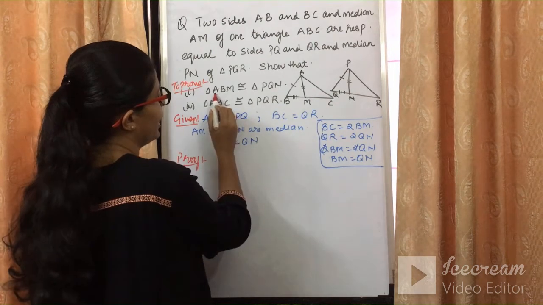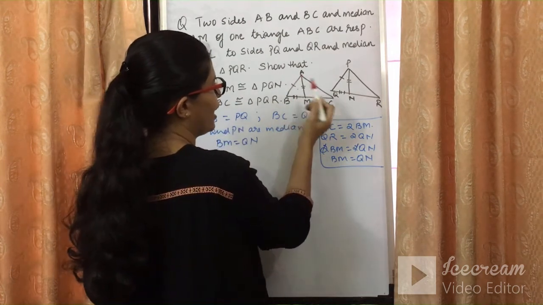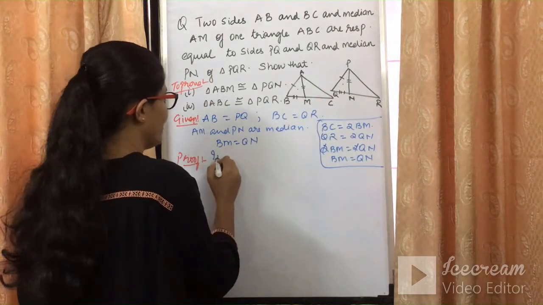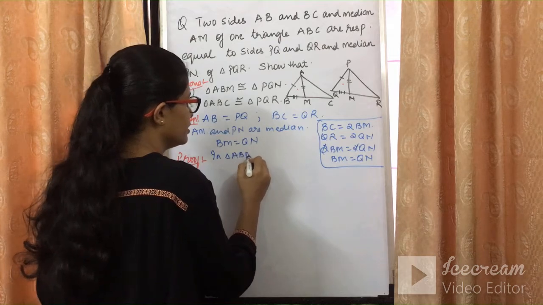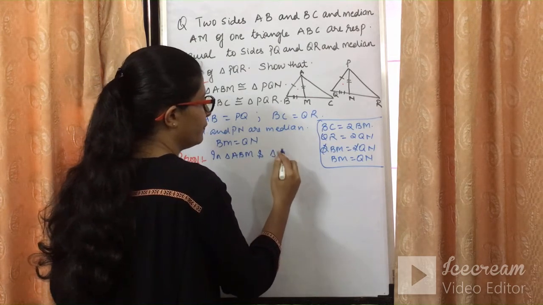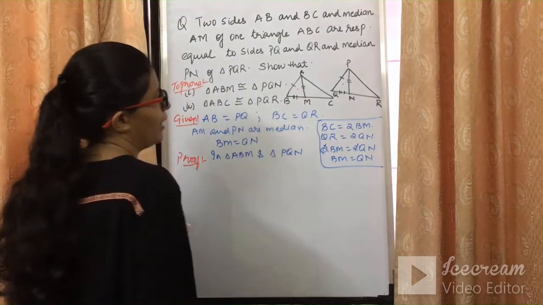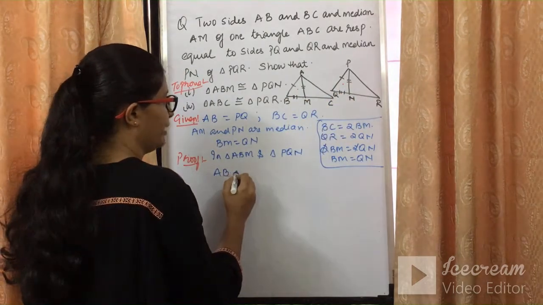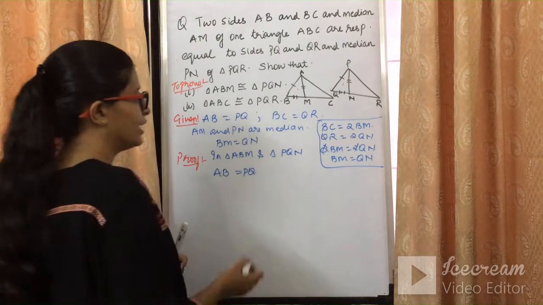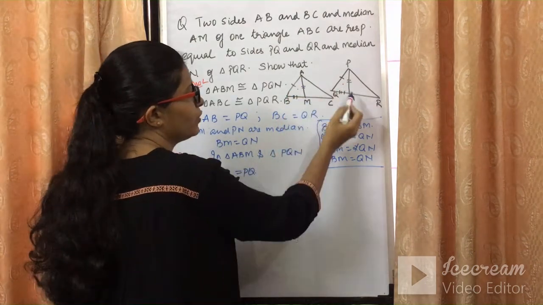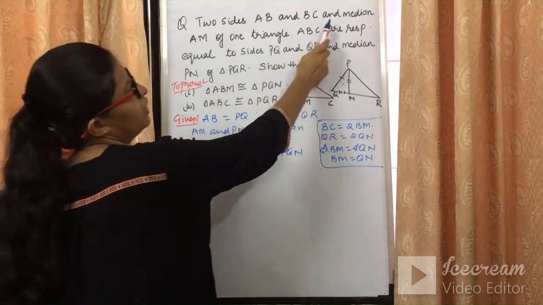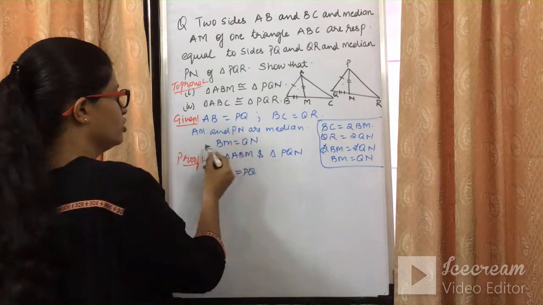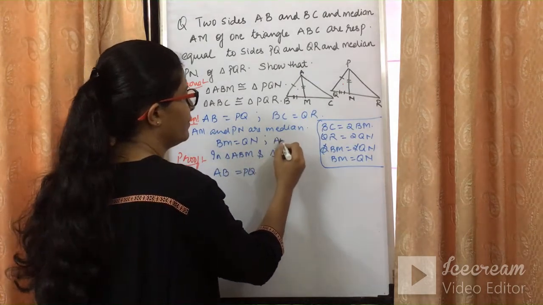अच्छा, सबसे पहला प्रूफ करना है triangle ABM is congruent to this triangle. We need to prove that. So in triangle ABM and triangle PQN, क्या मैं ये बोल सकती हूँ AB PQ के equal है, which is given in the question. AB is equal to PQ. Now can I say that AM is also equal to PN? Because it is given in the question that the median of one triangle is equal to the median of the other triangle. So write it here, AM is equal to PN.